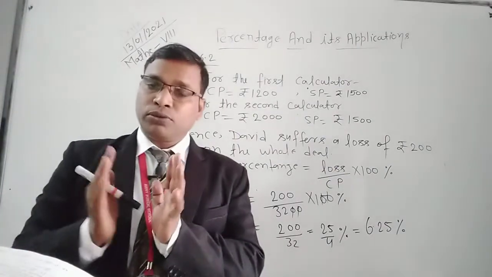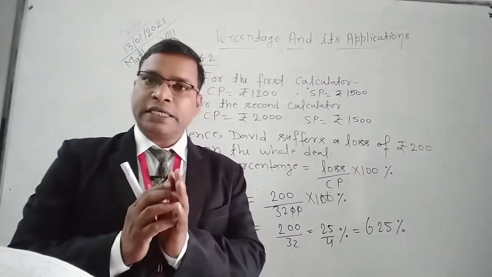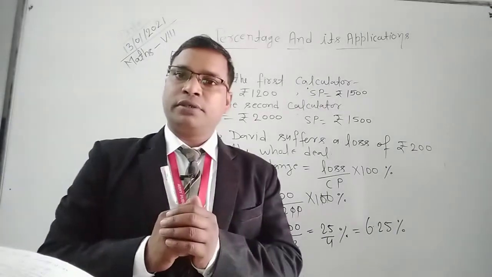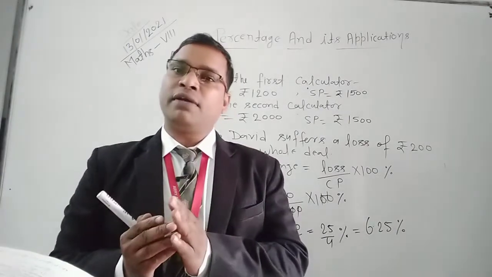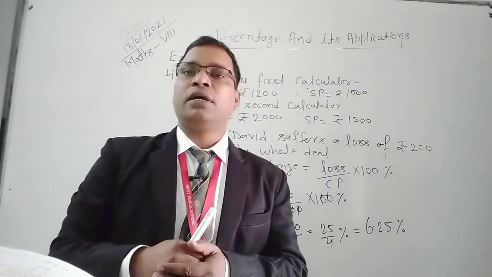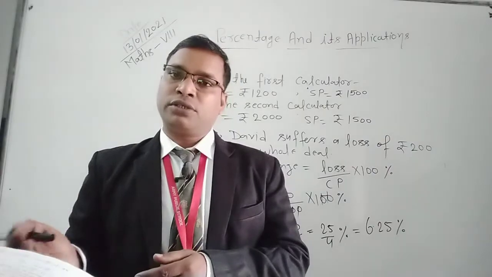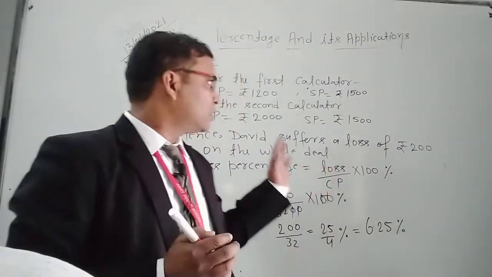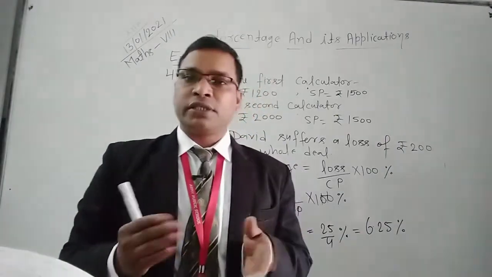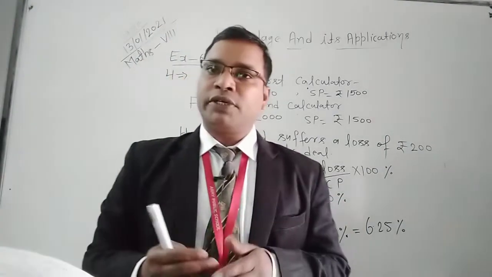the selling price of two calculators is given here. David sold each calculator at 1,500 rupees, but he earned 25% profit on the first calculator, but he lost 25% on the second calculator. So here selling price is given. So total selling price is, you can say, 3,000 rupees. But here you find the cost price of first calculator